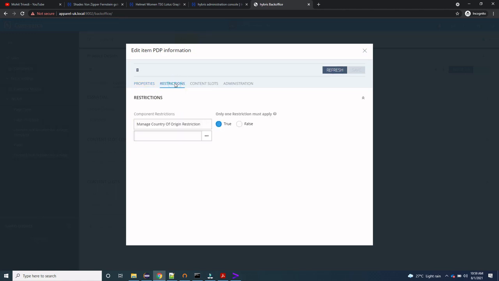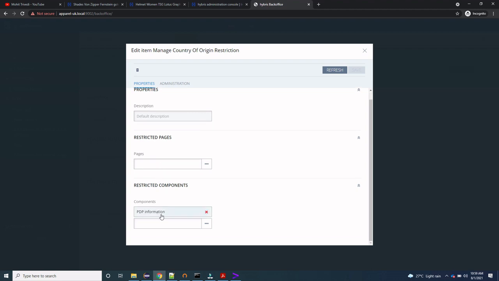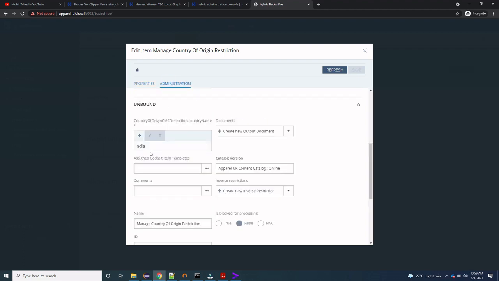If we go to the restriction again inside this component restriction, we can see that it is applied on this component, PDP information. Now we'll go to the administration section. Here, this is the set of strings that we have created.